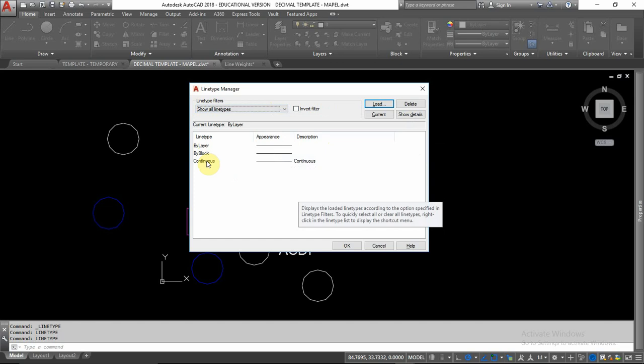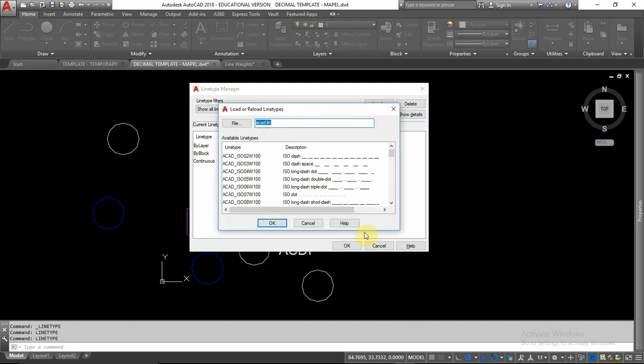Continuous. A lot of people refer to that as solid. I'd like you to try not to use that term. Continuous meaning it doesn't break, it doesn't alter, it doesn't have any gaps in it. So continuous line. Where you need to go next, and the reason why they don't have all these loaded is if you want a simple drawing, the more line types they have loaded, the larger that basic drawing file is going to be. Again, conserve resources, conserve size, speed of your computer and how it operates. So up here, load, delete, current, show details, load,